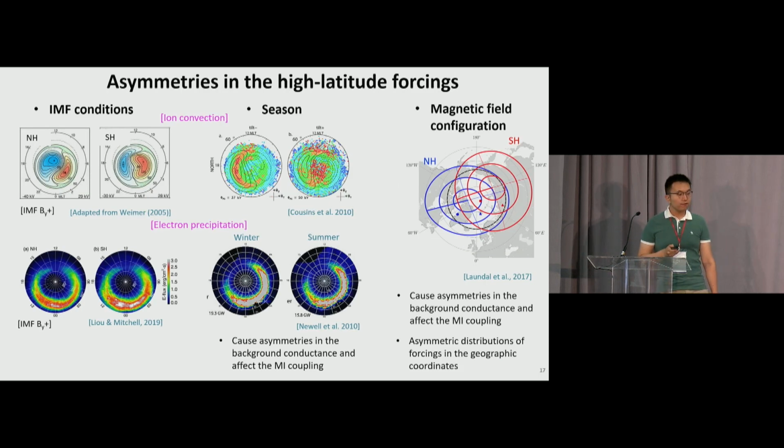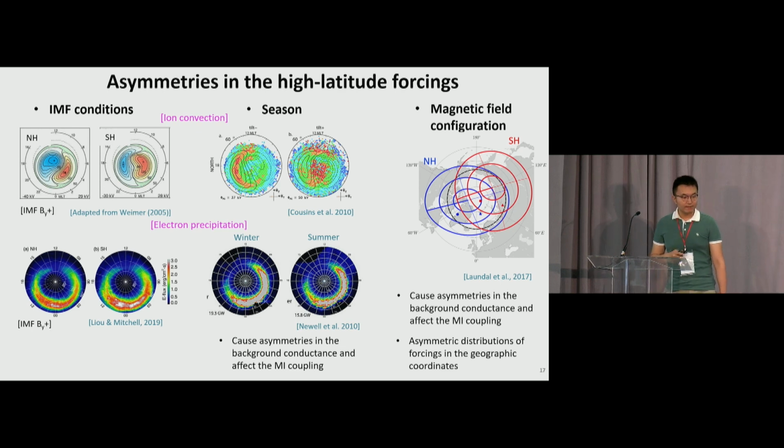Several factors contribute to the interhemispheric asymmetries in high latitude forcings. First is the IMF, the interplanetary magnetic field, as well as solar wind conditions, especially when the IMF has a strong dawn-dusk component, the BY component. And the second